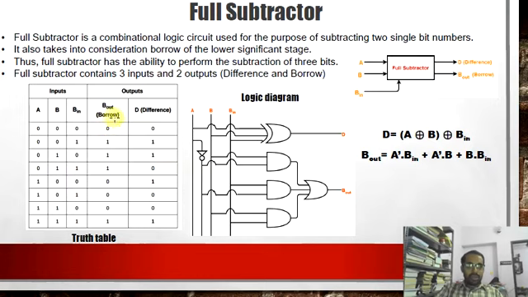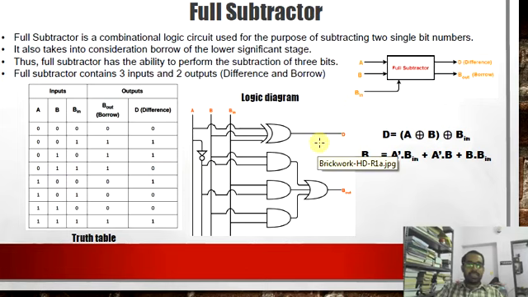In the previous unit, you will find the K-map. In order to simplify the logic expression for the corresponding output, you will learn about the K-map, and this is the corresponding simplified output. That is, the borrow output is equal to A complement and B in, or A complement and B, or B and B in. So this is the corresponding borrow output.